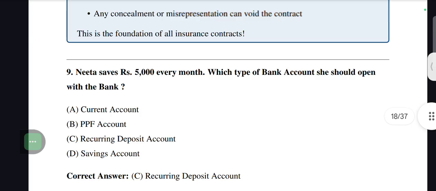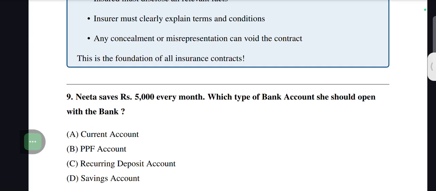Next comes the ninth question. Here, Neeta saves rupees 5,000 every month. Which type of bank account should she open with the bank? Current account, public provident fund account, recurring deposit account, savings account. Okay,